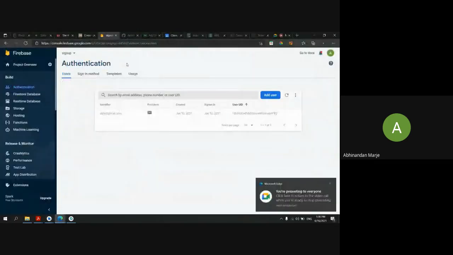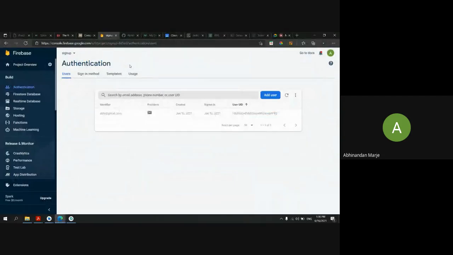In an SQLite database, you are seeing we are creating our own methods when we are making changes in our database, right? But Firebase gives us default methods which we can use directly to read from or write to our database. So that's why we use cloud databases more than local databases, because in an SQLite database we have to create our methods from scratch if we want to update or insert some data.